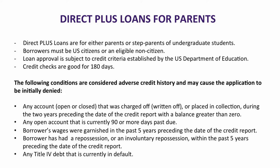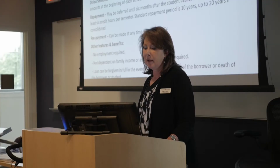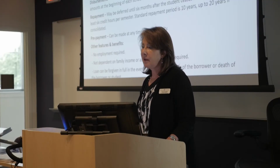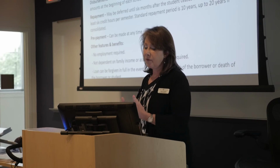And the Parent Plus loan I'll review first. That is taken out by the parent for the student. It is in the parent's name, and it's a fixed interest rate. What I like about the Parent Plus loan is that there's no income or employment requirement. So if a parent happens to have lost their job, they can still get this loan. And it's fixed at a 7% interest rate, and the cost of the amount of the loan is determined by